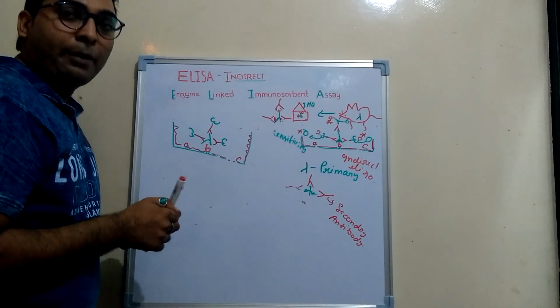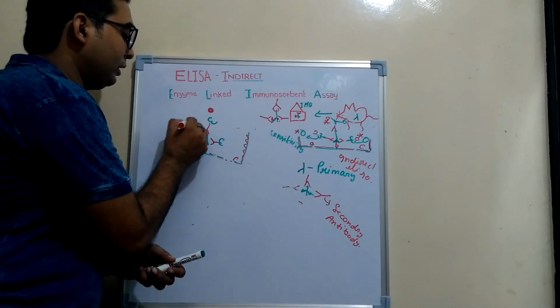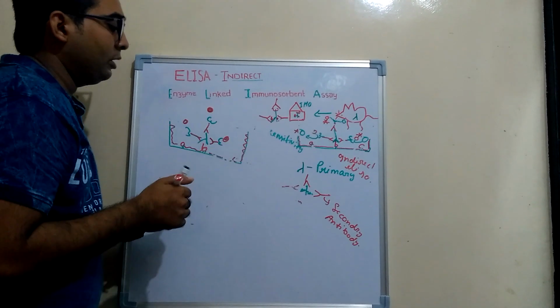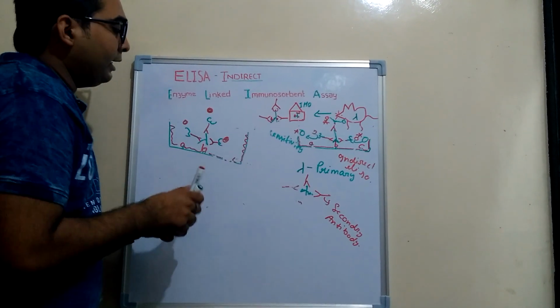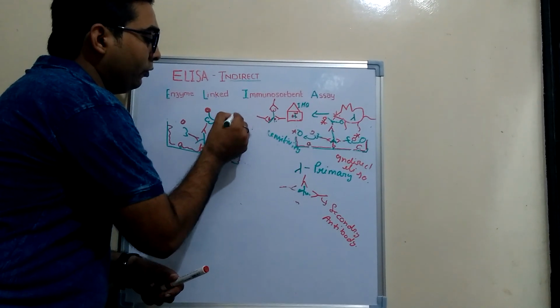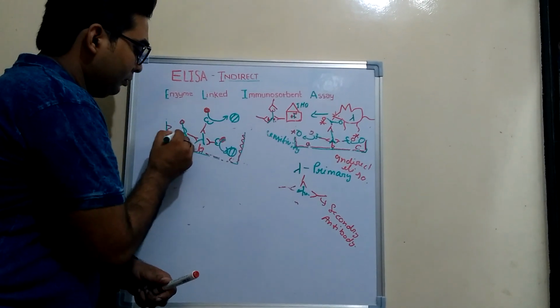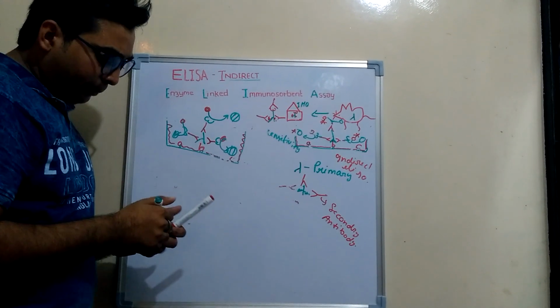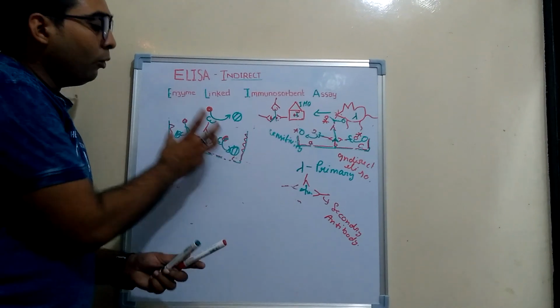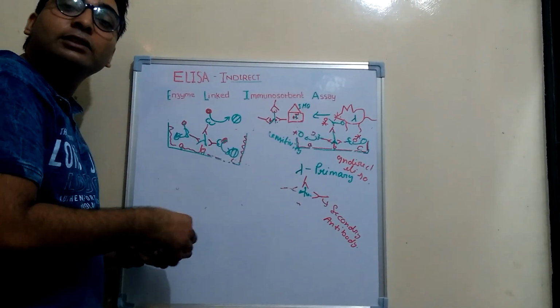If this enzyme is linked, I will use the colorless substrate. Here is a colorless substrate, and that colorless substrate is going to be converted into the colorful product. If you pay attention to the colorful product here, you will find more color intensity. It means that you have increased the intensity in